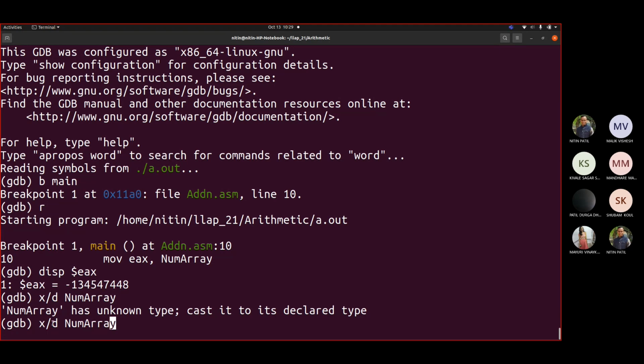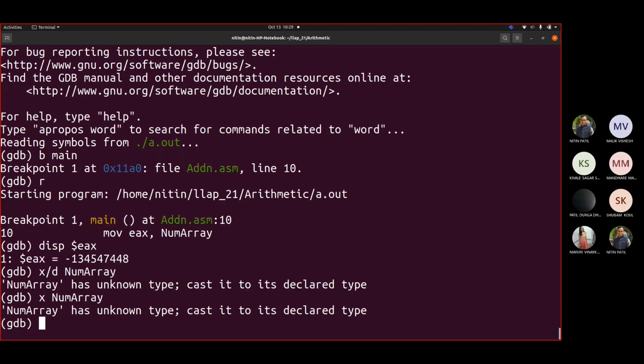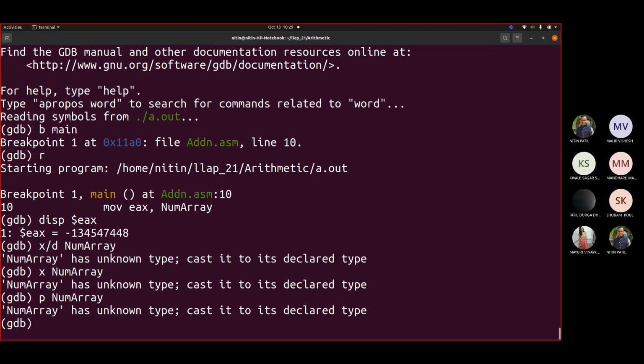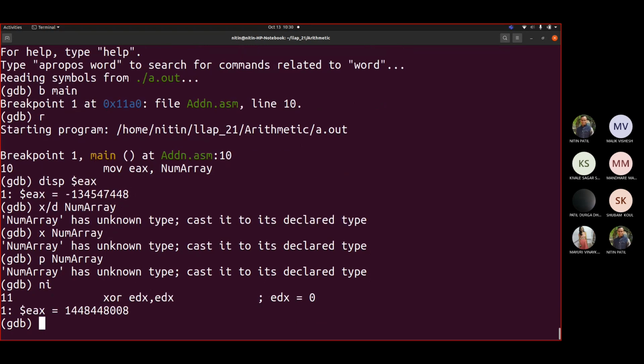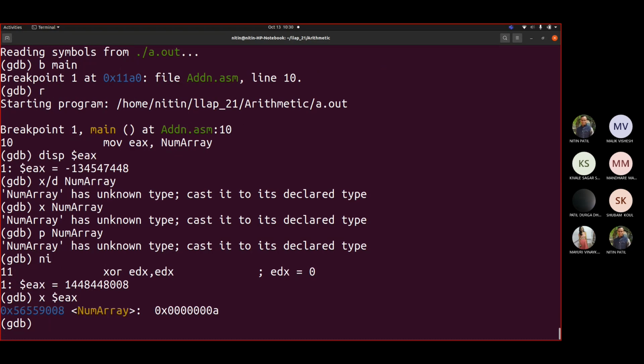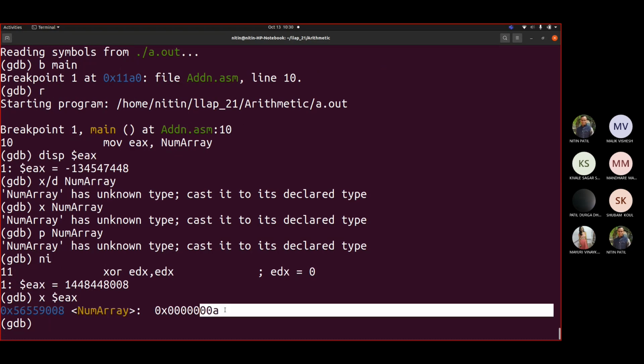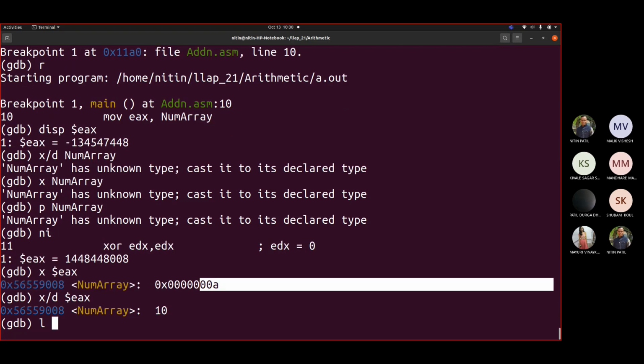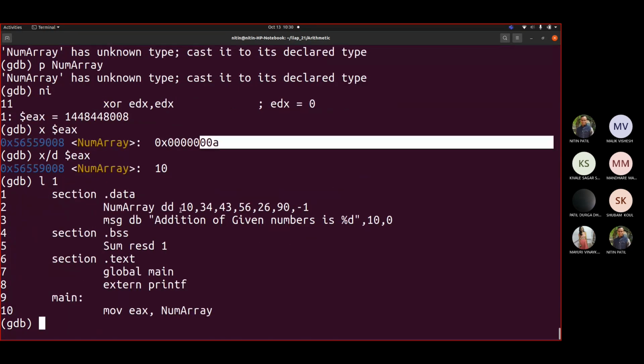So I cannot directly write x/d. Again it is not permitting me to display. If I write print num array, it again is not permitting me because the debugger is not able to understand what the type is. But if I execute this statement, so if I say next instruction, now if I write x $ecx, then it tells me that it is 10, correct? Because if I want to display that in decimal, you write this. So if you see the code, your first element is this.